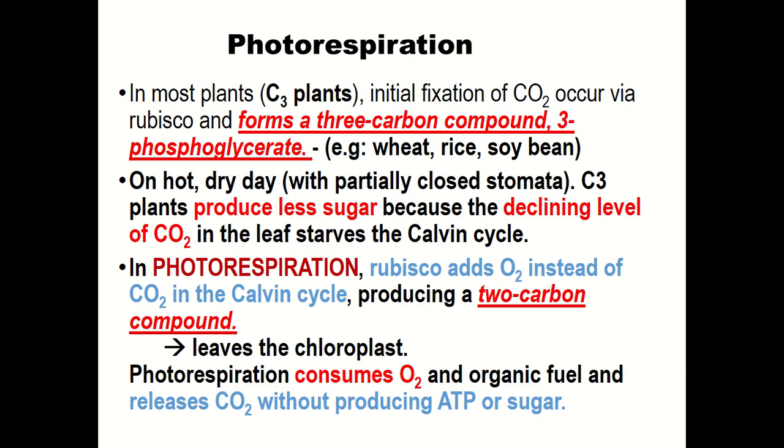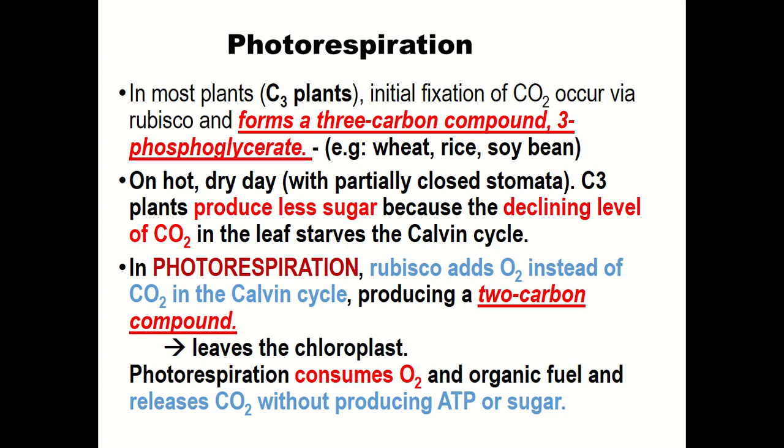So in most plants, such as the C3 plants that we talked about earlier, the initial fixation of carbon dioxide occurs via Rubisco, and they will form a three-carbon compound, which is 3-phosphoglycerate, G3P, right? However, on a hot and dry day, the C3 plants will close the stomata to prevent the loss of water, and thus it will produce less sugar because the stomata is closed